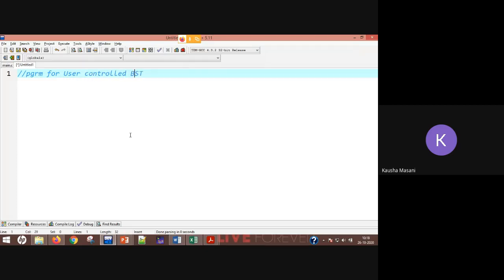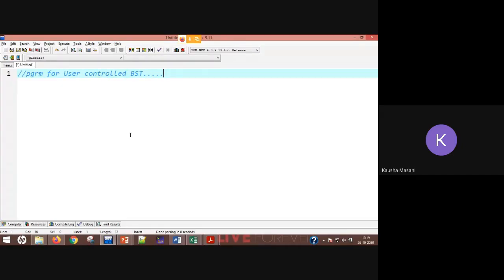So the user has to control which node is going on the left side and which node is going on the right side. Ideally, your BST does not work like this. In your practical also, we are going to perform it in such a manner that the program decides whether the inserted data goes on the left side or the right side. But right now, as it is the very initial stage for you to understand BST, we are going to keep that control in our hands.